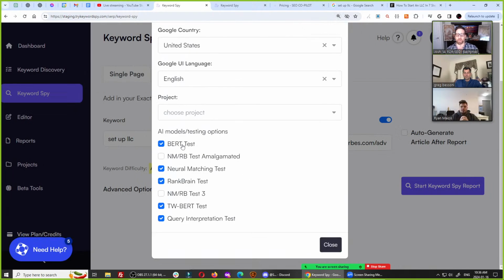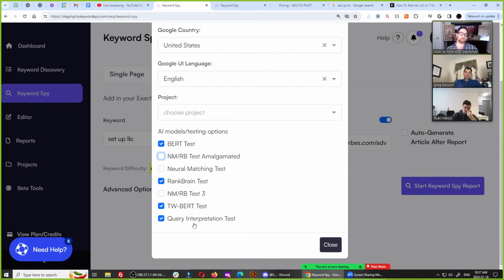Here we have the BERT test that we had. We're still using it. We also have a legacy neural matching rank brain model that we built for you. This model, we have to build it for you. It takes longer, 20 minutes. We have a new neural matching test, which takes a little bit less time, 10 to 15 minutes. I'm going to turn this one off. We have a new rank brain model that we've built for you. This is the old legacy neural matching rank brain model. If you click these, you'll have a much more accurate test. But if you unclick these, this new rank brain model is a pretty good replacement for it. You're still going to get pretty good AI model scoring. It's just way, way faster.